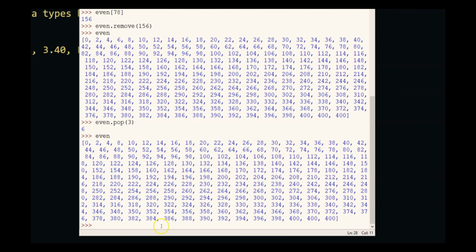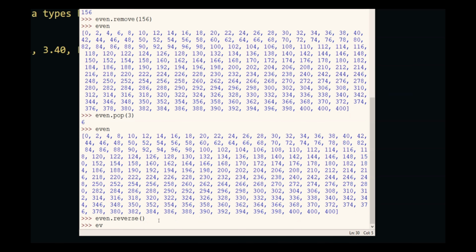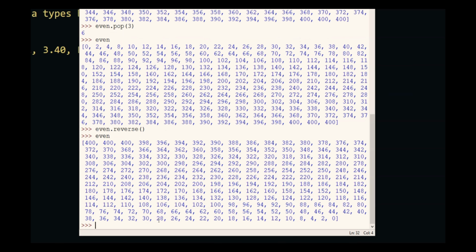Now we have gone over all of those. The one remaining is reverse. Reverse will actually modify the list and reverse it. So if I do this and do even, this list is now reversed. Every time I use reverse, it is going to change the order of the whole list.